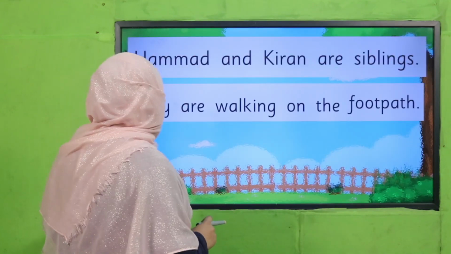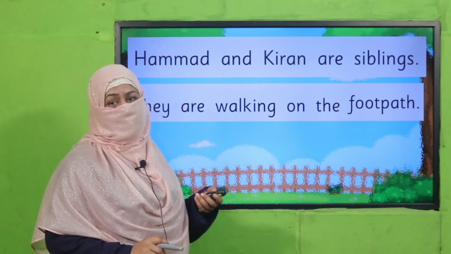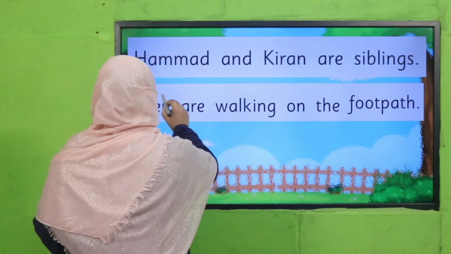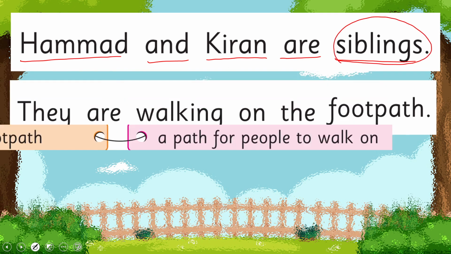Now let's start reading. From the very first sentence, I'm going to read it. Listen carefully, because after me, you have to read it. Hamad and Kiran are siblings. Means they are brother and sister. They are